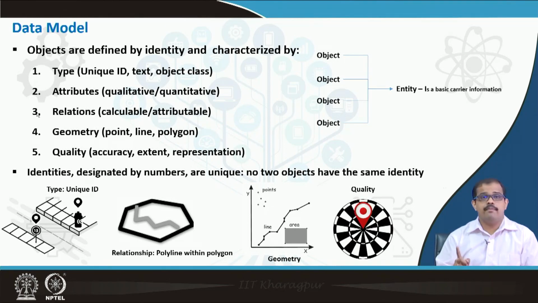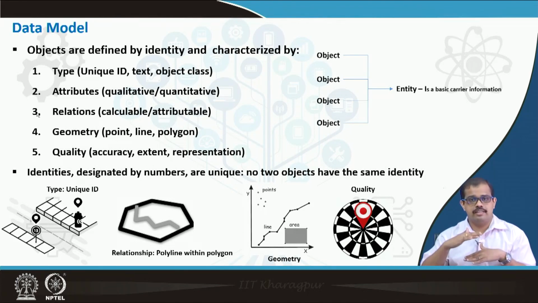Having metadata is extremely important in order to understand all of these aspects when you are looking at the entire data model. Identities, designated by numbers, are extremely unique. No two objects will have the same identity. If two objects do have the same identity, it is giving you a bad result, because your database would not be able to handle both with the same identity, and you may get a wrong result, or you may not even get a result. So that is how a database works. So you should always have a separate identity. So as I said, an object ID should be completely different.